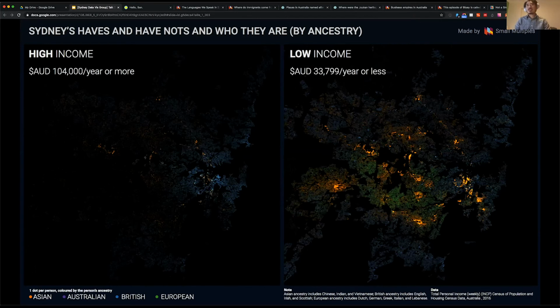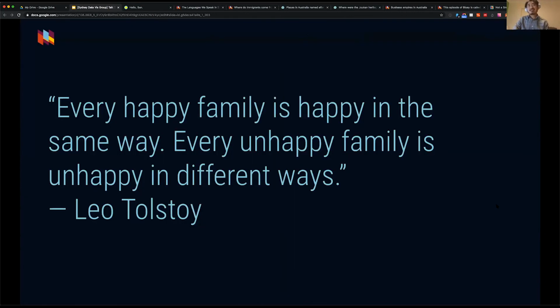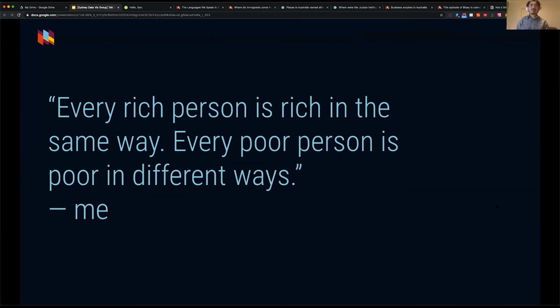And the conclusion, it's more spread out because closer to the city or close to the foreshore areas, it's slightly more expensive. So by looking at these maps, I came to the conclusion that every rich person is rich in the same way, because once you have money,